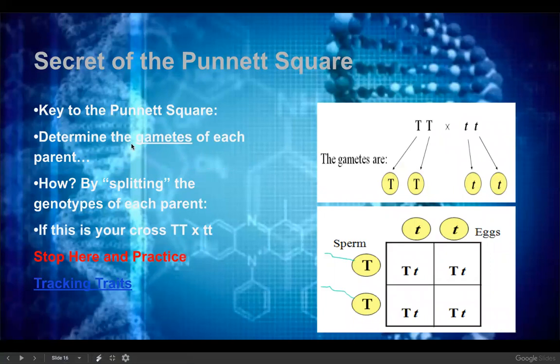The key to the Punnett square: determine the gametes of each parent. So this one right here, each one will go in, because of meiosis, remember they split the chromosomes. So we're gonna split the genes. One of these goes into say an egg, and we'll put it here, or a sperm. The other one's gonna go into that sperm. Split these, form an egg. One goes into that, one goes into this one. Now, when you have fertilization, the sperm and this egg will produce that individual. This sperm and this egg would produce that individual. Obviously, they're all the same.